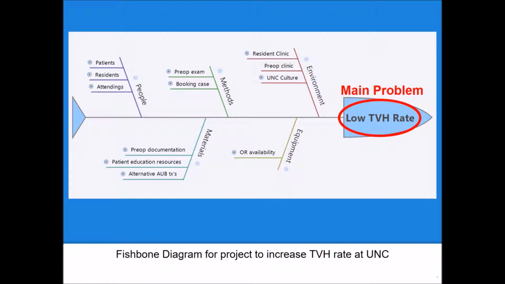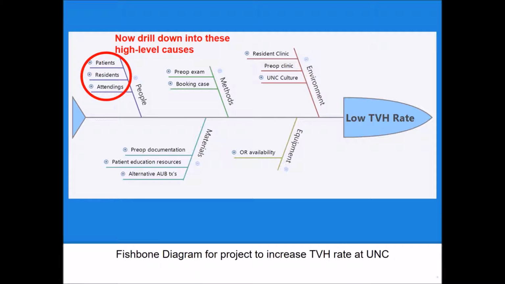We started by stating our main problem, or a lower than ideal TVH rate at UNC, in the head of our fishbone. You can see I then used the 5 generally accepted categories that we talked about for our main categories of potential causes: environment, equipment, methods, materials, and people. And then, for instance, in the people category, we came up with a couple of high-level subcategories: patients, residents, and attendings. In other words, these are subcategories which we may be able to find deeper and deeper causes that contribute